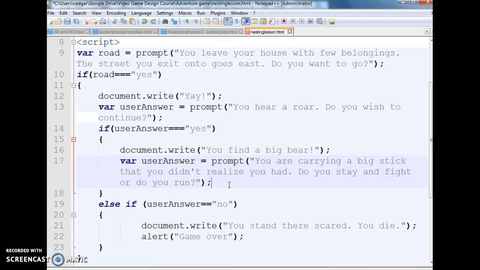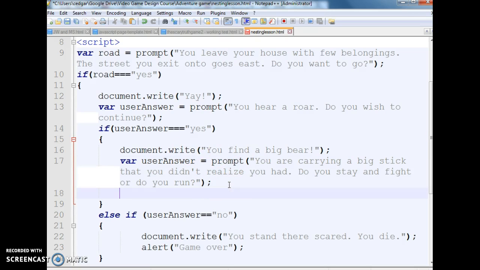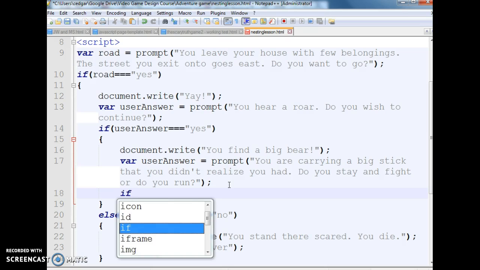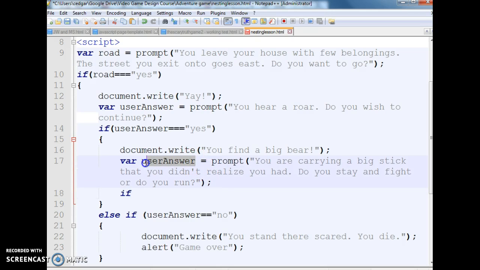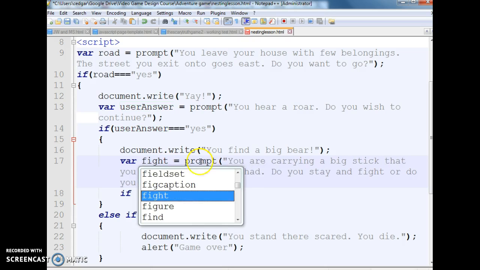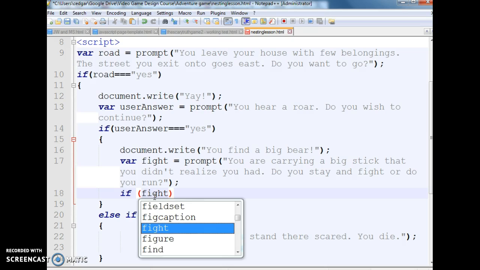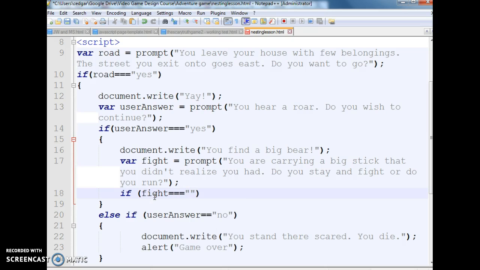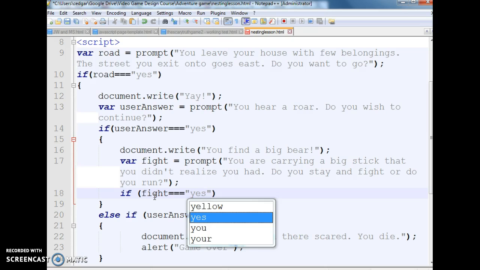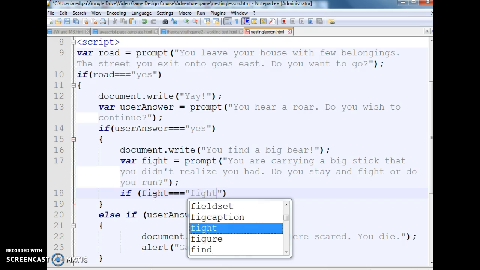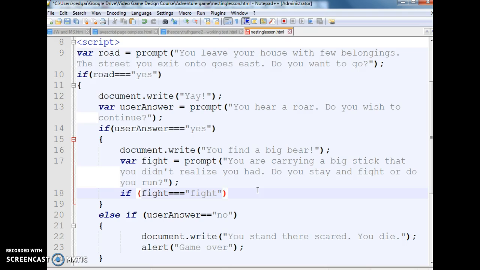And then inside here, I'm gonna do another if statement. So if, and I'm gonna use a different variable. You could use the same variable throughout, but I'm gonna use a different variable. So I'm gonna say fight is the variable. So I'm gonna say if fight equals, do stay and fight, and we'll have the person say fight, then